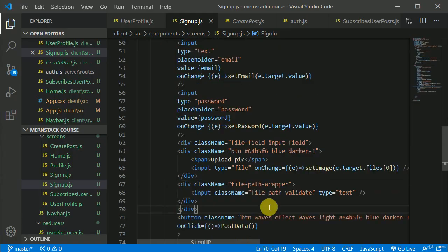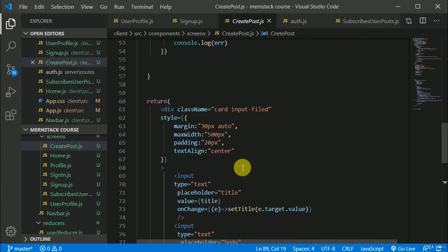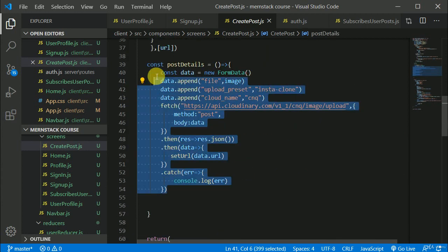Now let's copy the code of uploading the image from our create post, which we have already written. Yeah, this one we can copy.